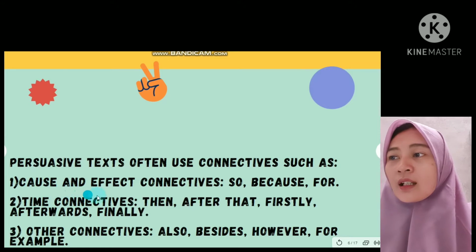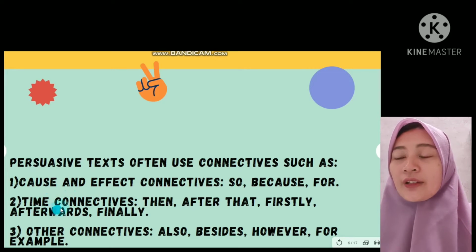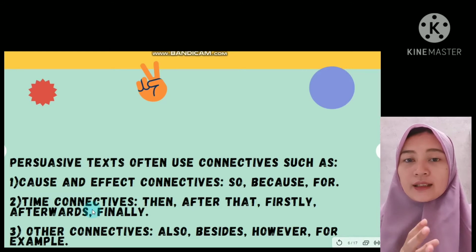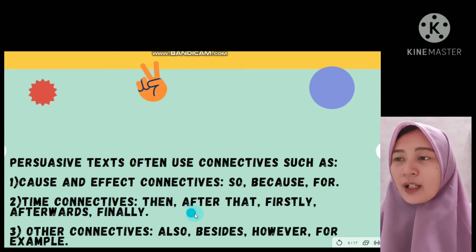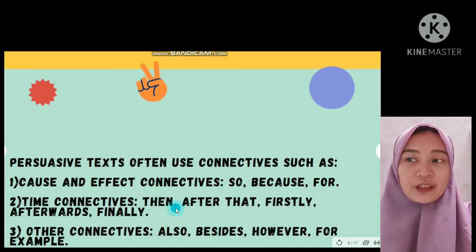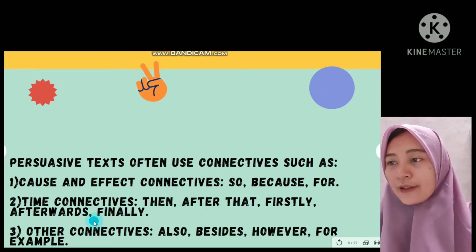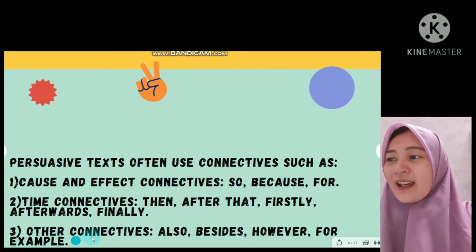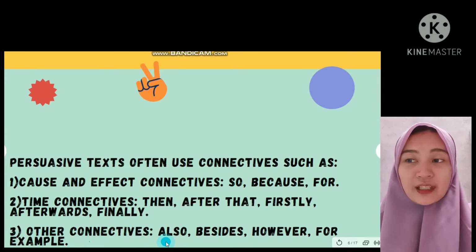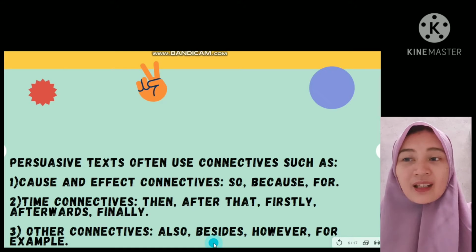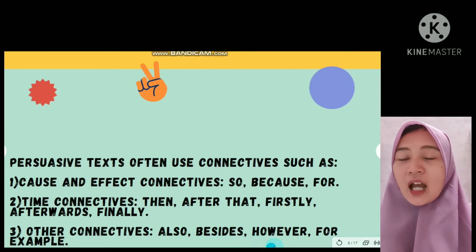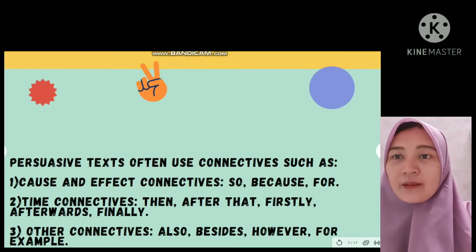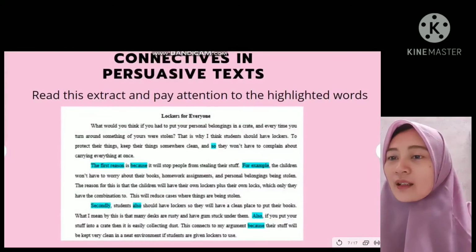And after the cause and effect connectives is time connectives. It is to link sentences using sequence. For example, firstly, then, after that, afterwards, and finally. And other connectives, yeah, for example, also, besides, however, and for example. Okay. Alright,